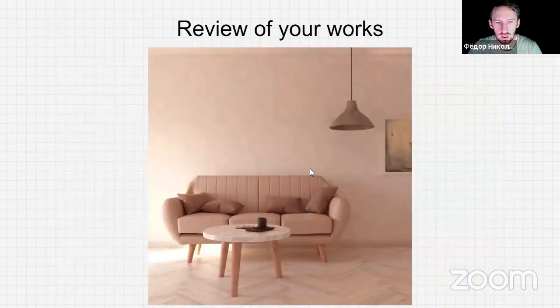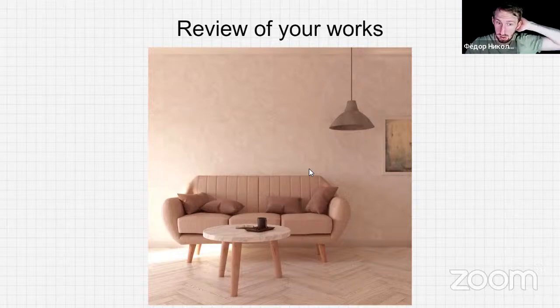Okay, guys, let's quickly move on, as we have to finish the webinar. Here, the first thing that I would absolutely fix is the highlights over here. You have to increase the highlight compression. And the model of the sofa is of quite bad quality, so I would find a better, more detailed model. Also, as for the lighting,